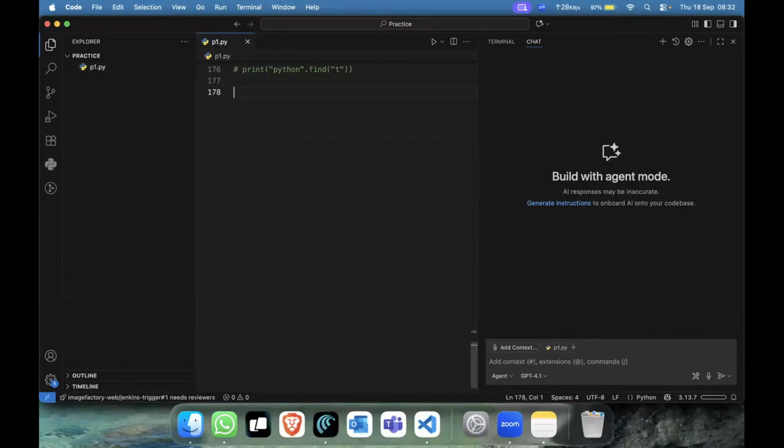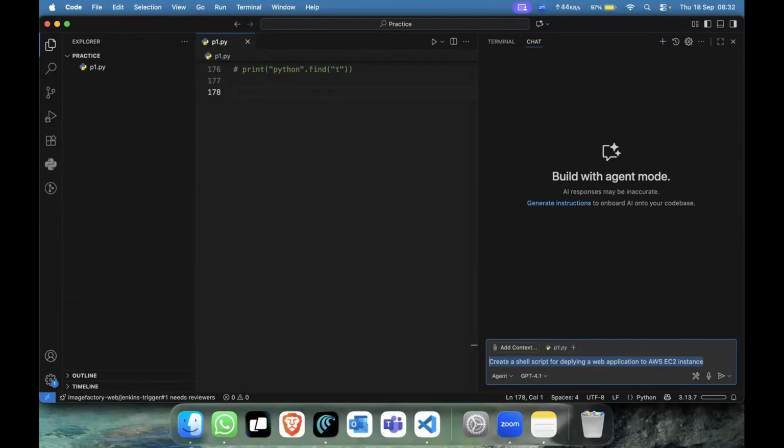You can switch to agent mode and then tell Copilot, create a shell script for deploying a web application to AWS EC2 instance. And you can even provide more details like where you are storing the credentials or what commands you want to execute. So all it takes is a natural language prompt that you have to give, and it generates